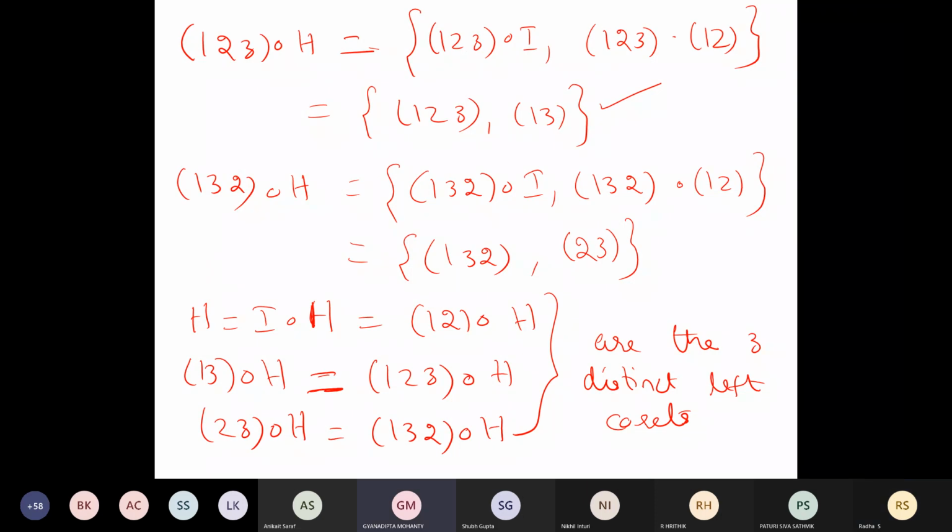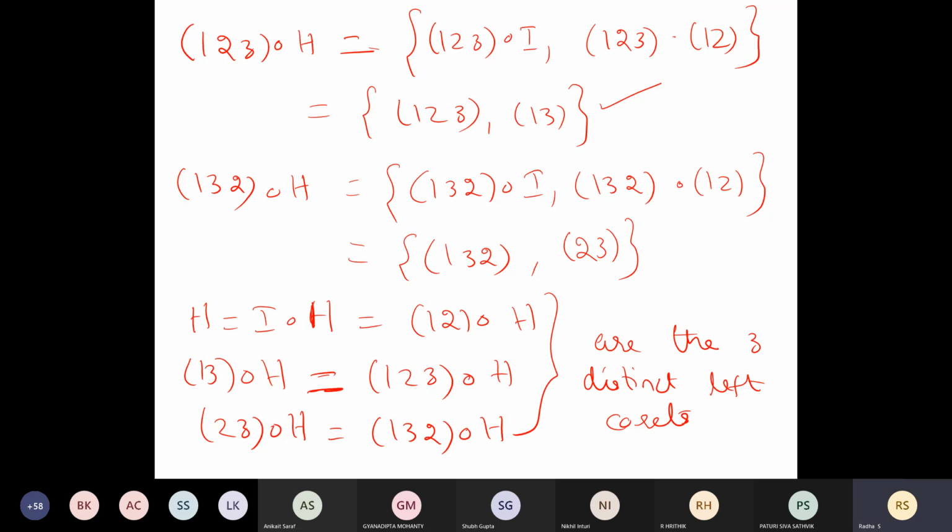Is S3 as a group abelian or not? It is not abelian, because the operation is composition of functions. S2 is abelian because it has only two elements. Any group of order 2 is always abelian. Any group of order 3 is also abelian, since a prime number order is always abelian. Order 4 is also abelian. Groups up to order 4 are always abelian.